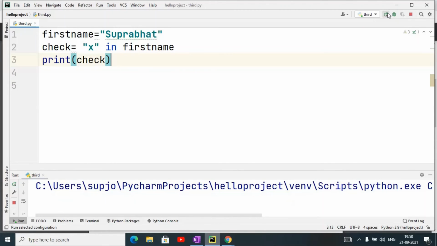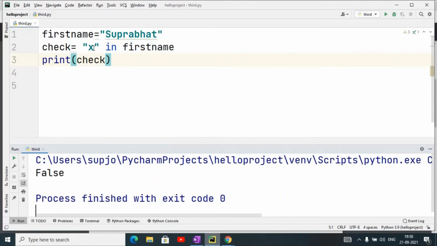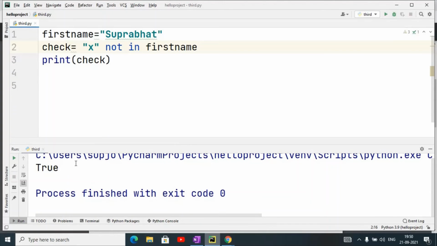You know it will return false because X is not a member of this string. If you use not in instead, then it will return a true value because X is not a member of the string.